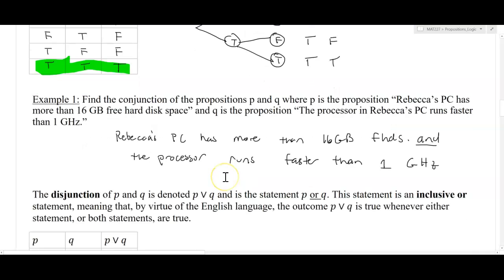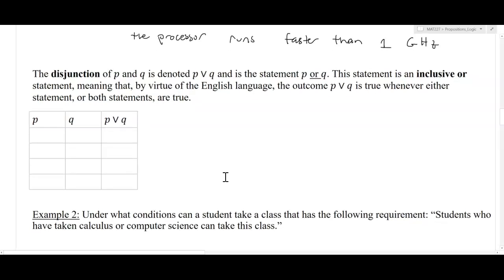The disjunction of P and Q is denoted with a right side up V, and this is really the statement P or Q. This statement is an inclusive or, meaning that by virtue of the English language, the outcome P or Q is true whenever either statements or both statements are true. So in our truth table, we wrote false, true, to look at all the combinations of how P and Q